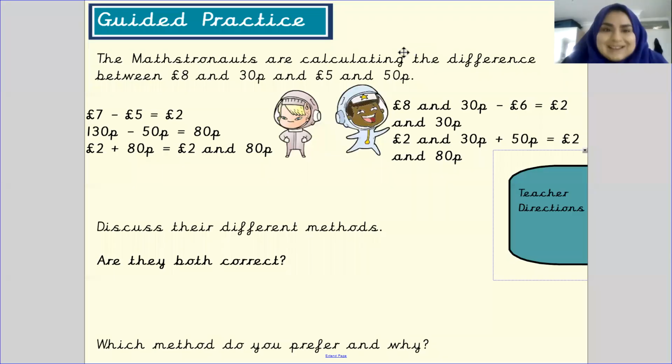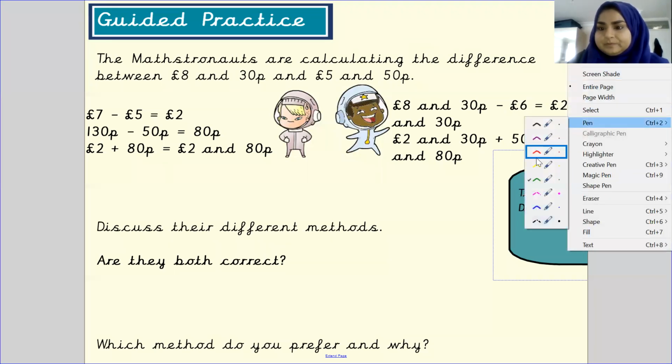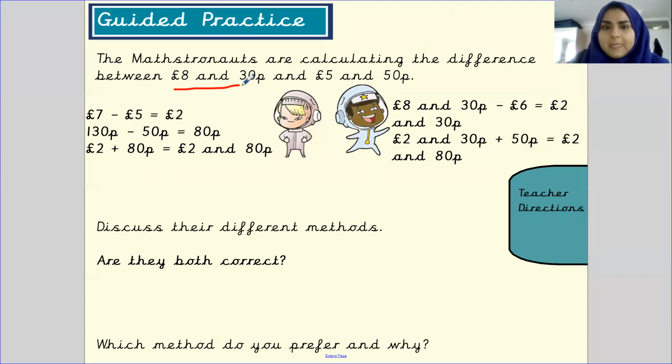Okay, so here's your next guided practice question. It says here the astronauts are calculating the difference between £8.30 and £5.50. The pink astronaut has come up with this method, and the blue astronaut has come up with this